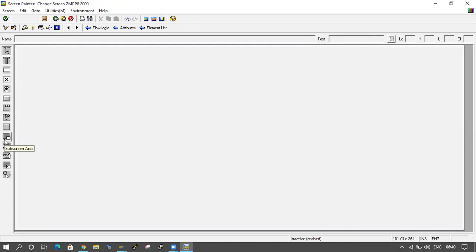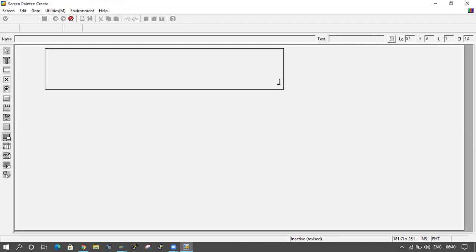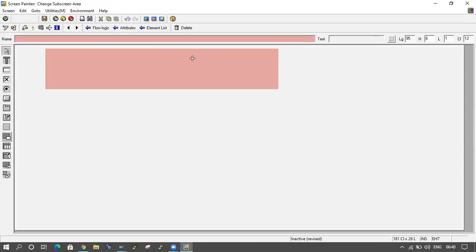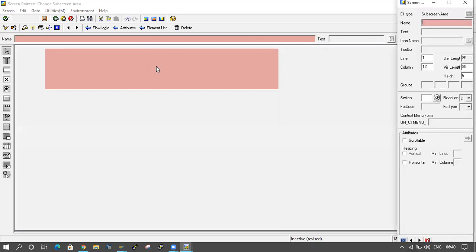So I take a subscreen area, drag and drop some space for that. In this space I want to display select options. Directly in the main screen it is not possible to provide select options, so I am taking one subscreen area, and I will declare the select options in one subscreen, and pass that subscreen into the subscreen area. Double click on it and I will give it a name, SA1.